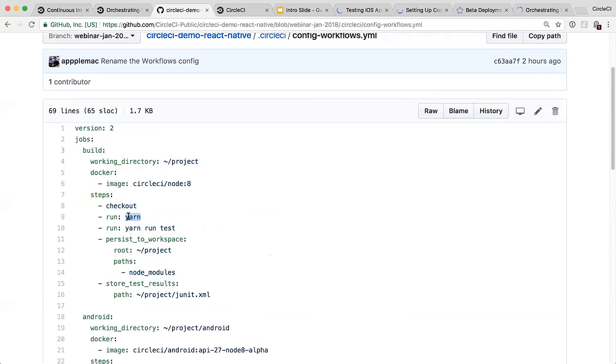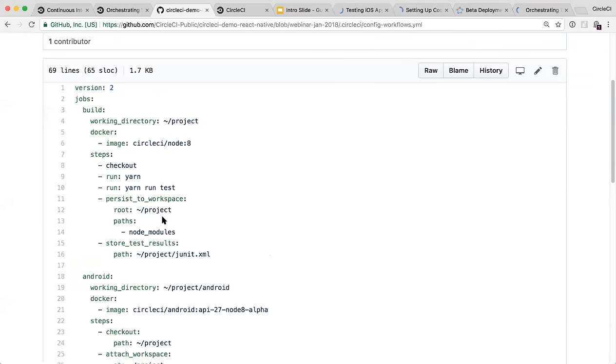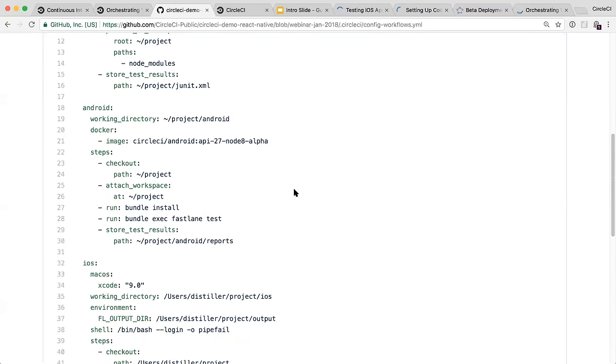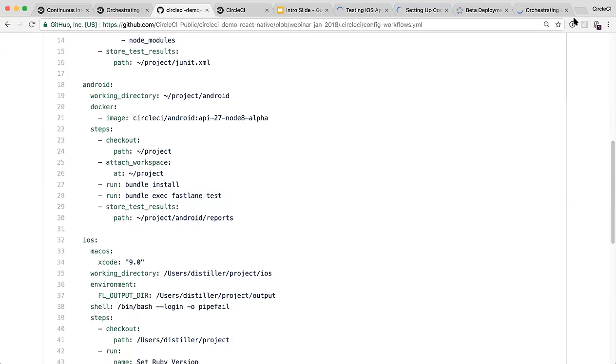So it installs the dependencies here and then runs the JavaScript tests here. What it will also do is store the node modules directory into the workspace so that we can reuse that directory in other jobs later on. It will also store the test results. And then we will have an Android job that will run in Docker this time, and it will use Fastlane